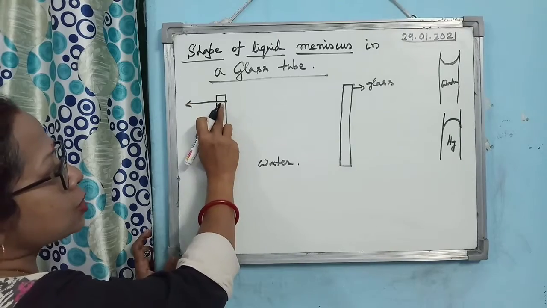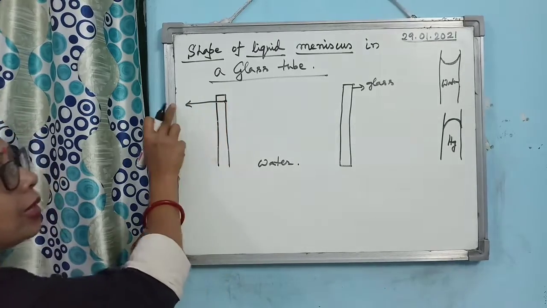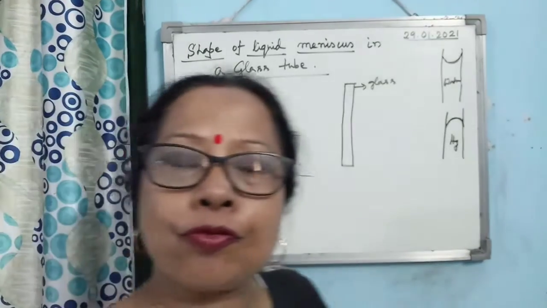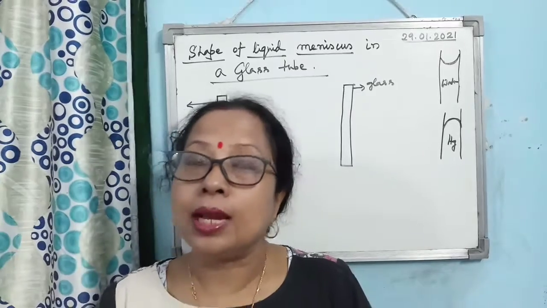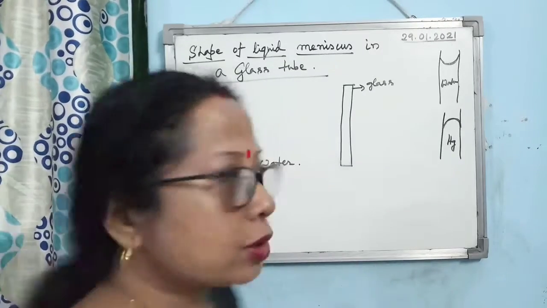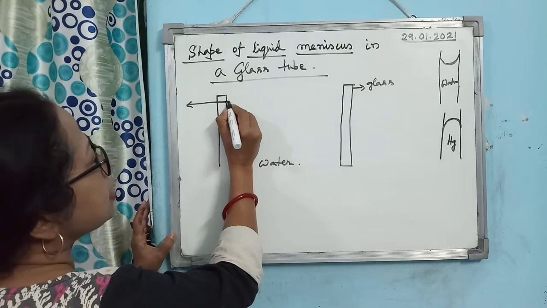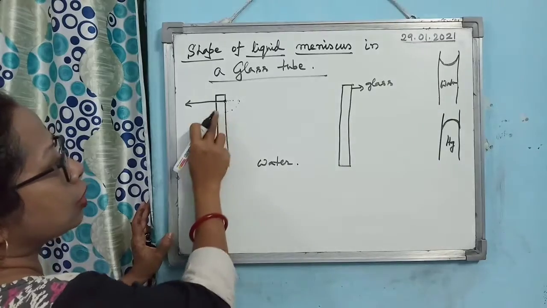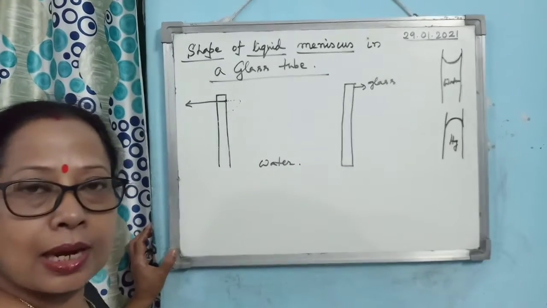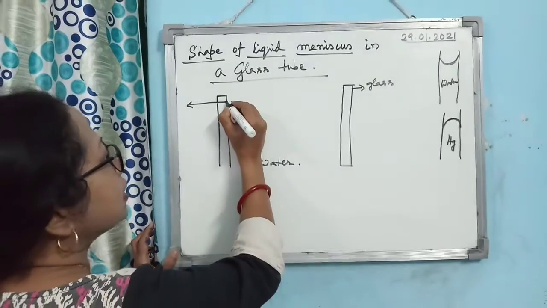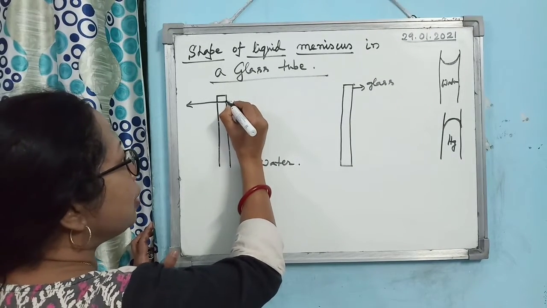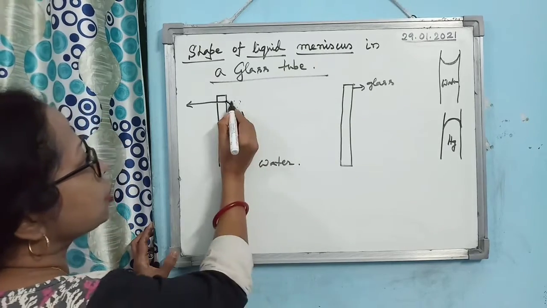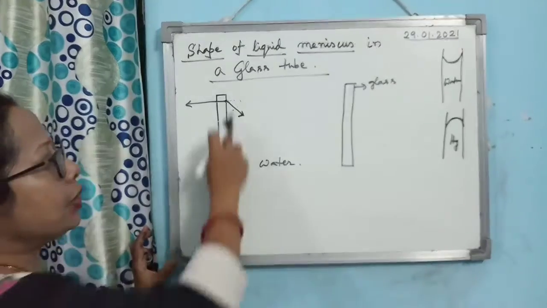Adhesive force means the glass molecules attracting the water molecule towards them. So adhesive force is this. And we know that the adhesive force between water and glass molecules is bigger than the cohesive force. Now, if you consider this molecule, I can complete only 1/4 of the sphere of molecular activity. So in which direction will the cohesive force act? It will act exactly at the midpoint, meaning it should make an angle of 45 degrees with the free surface.